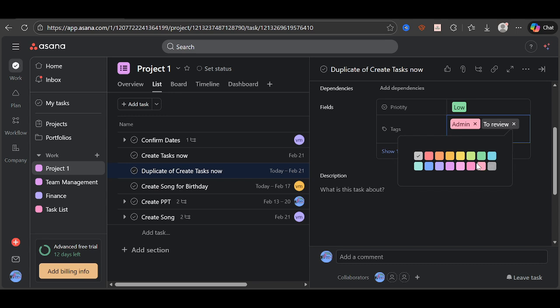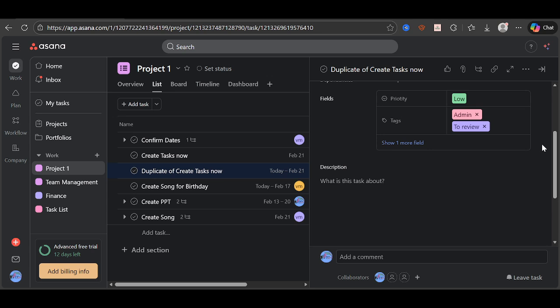That's it. Open the task, click the three dots, select Add Tags, then type and press Enter. With a few thoughtful tags, your Asana workspace becomes much easier to navigate and